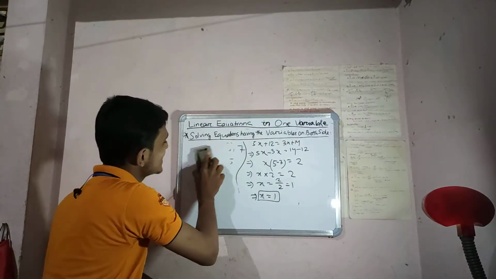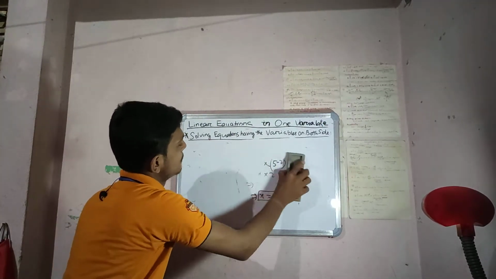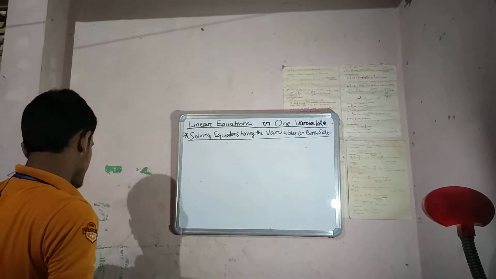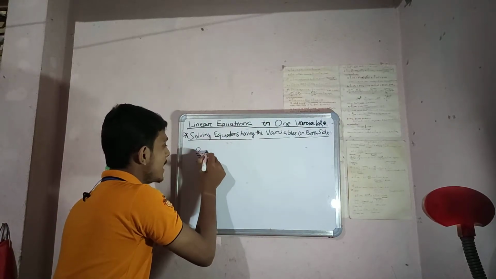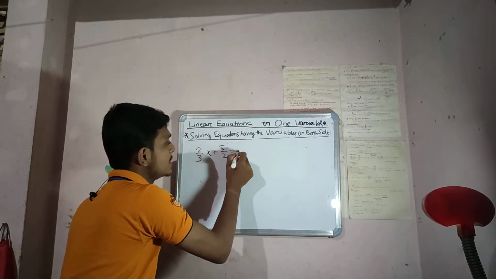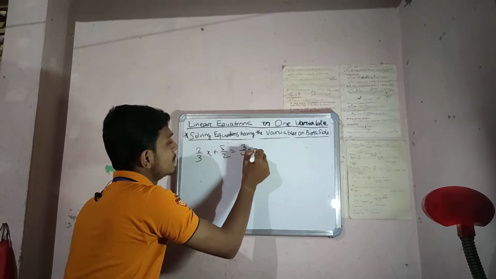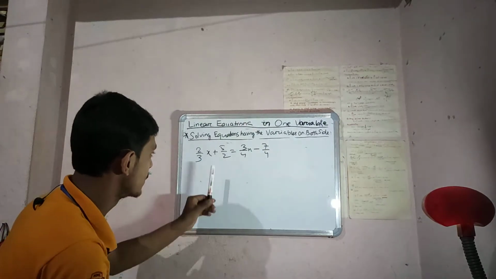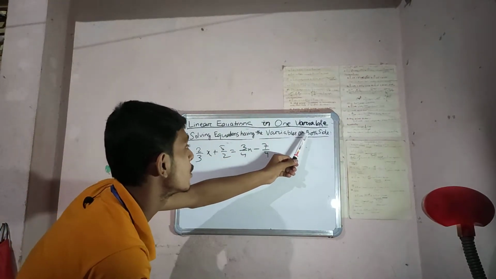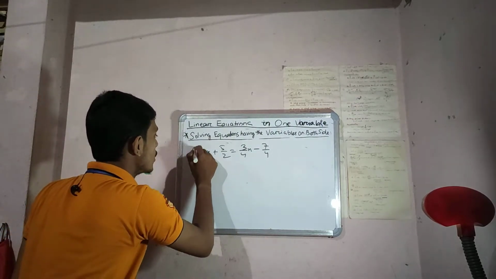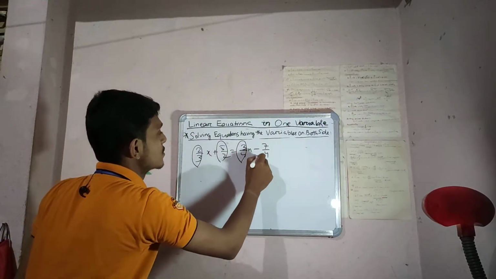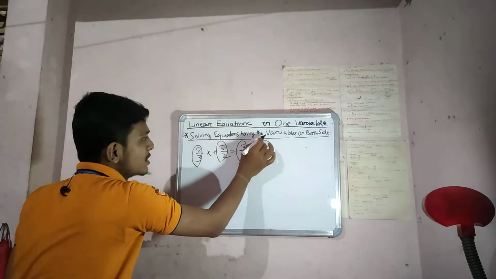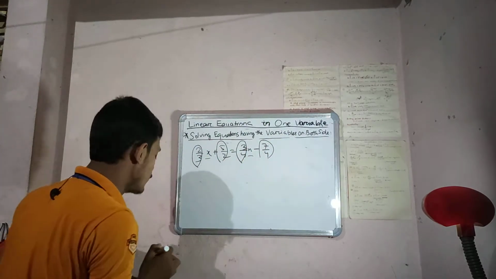Sometimes this type of problem contains rational numbers as the components, that is 2/3 x + 5/2 = 3/4 x − 7/4. This is also an equation having the variable on both sides, but the numbers are fractions or rational numbers. It is the same as the equation having the variable on both sides, because here x is one variable.